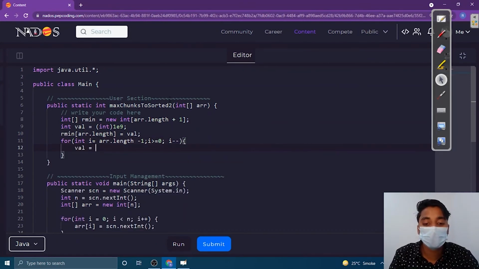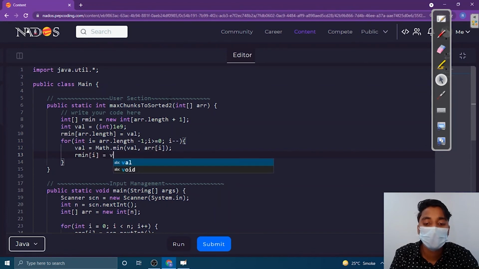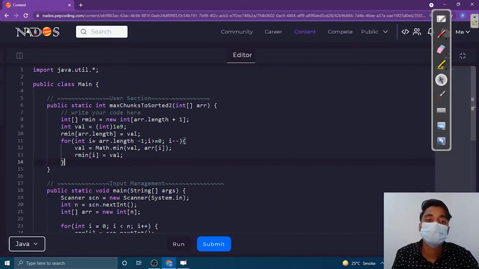Now I am going to compare the minimum value of val and array at I. This will give us the minimum value in val, and we will update rmin at I equal to val. This will give us a right minimum of the array.